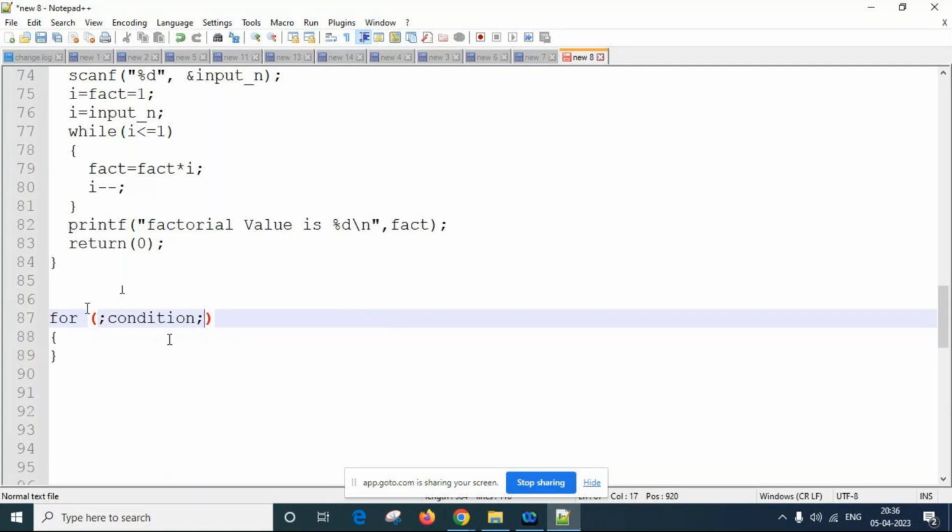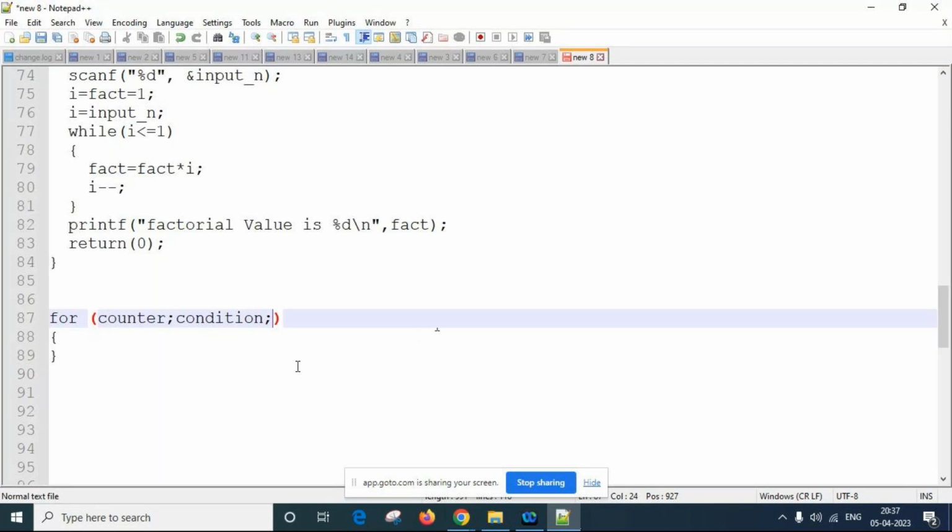So either way, this is also accepted. This way is also accepted for a for statement. Does anybody have doubts on this? If not, we will move forward.